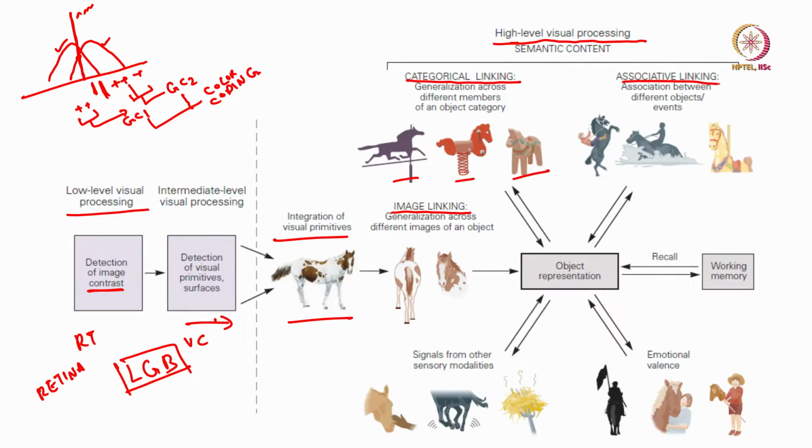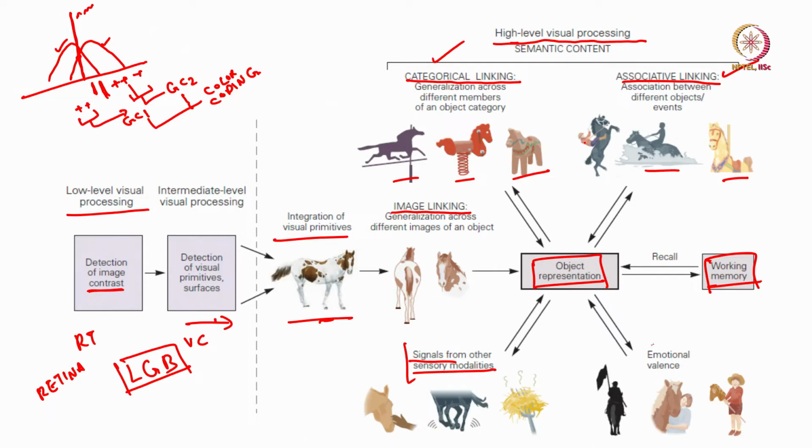Then you can have associative linking. So, association of a horse with a rider, a horse in a game, a horse as such in a play arcade game. So, you make up associative linking and categorical linking, these are higher level stuff. Starting from the image we are going into higher level stuff, starting from object representation. These representations are saved partly in working memory, then integrated with signals from other modalities, say the sound of a horse or the smell of a toy, those things are connected,